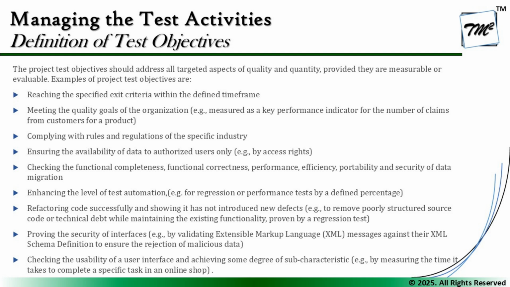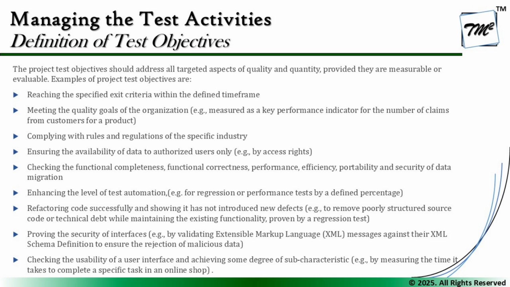Examples of project test objectives are reaching the specified exit criteria within the defined time frame, meeting the quality goals of the organization, which could be measured as a key performance indicator for the number of claims from the customer for a product, complying with rules and regulations of the specific industry, ensuring the availability of data to authorized users only, checking the functional completeness, functional correctness, performance and efficiency, the portability and security of the data migration,